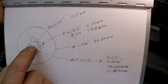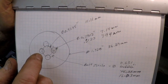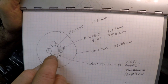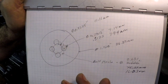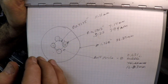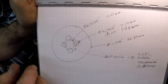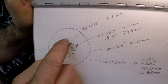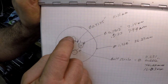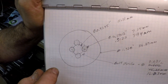So we already have the center hole right there, and that's 7/16, a little over 11 millimeters. Then we're going to put 4 holes around the periphery and the center. Those 4 holes sit on a circle, and that's called the bolt circle. It's like making a flange, except in this case we just want some holes in a circular pattern, evenly spaced, 4 holes. The diameter through the center points of those 4 holes is